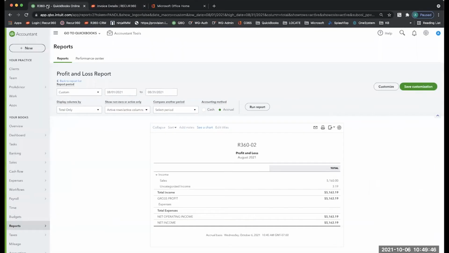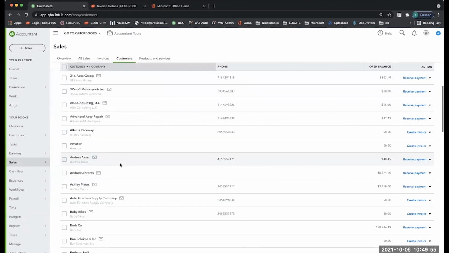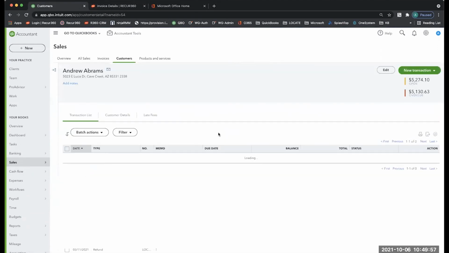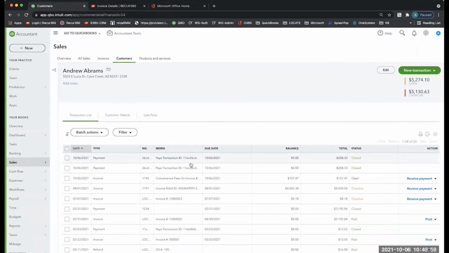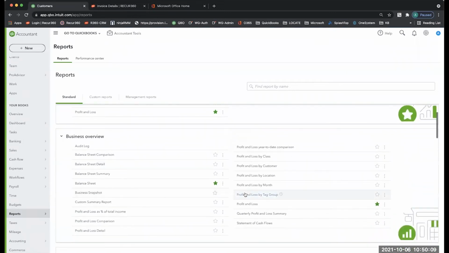And now if I go into QuickBooks and I go into our customers list, and we go under Andrew Abrams, we're going to see 2 payments there. And obviously the invoice now has an updated balance due. And if we go back into our reporting and look at our profit and loss,